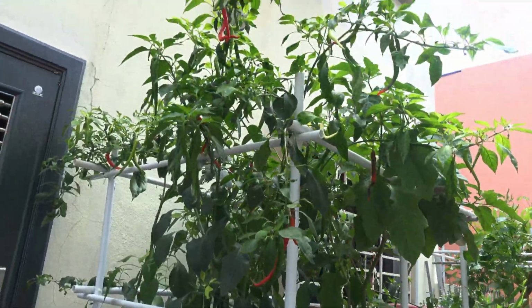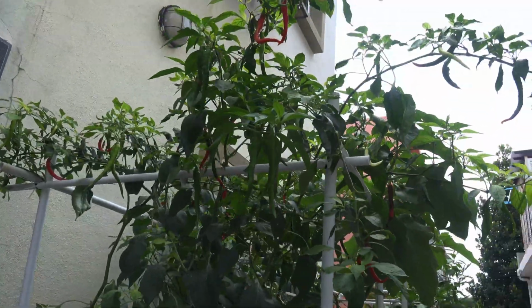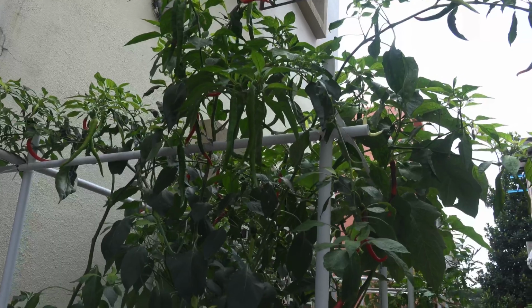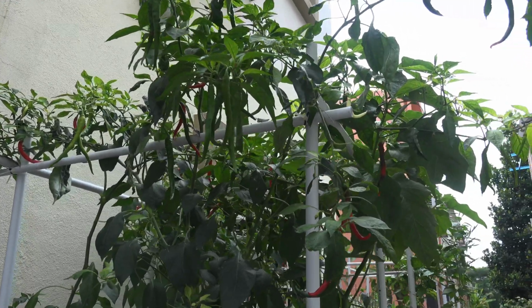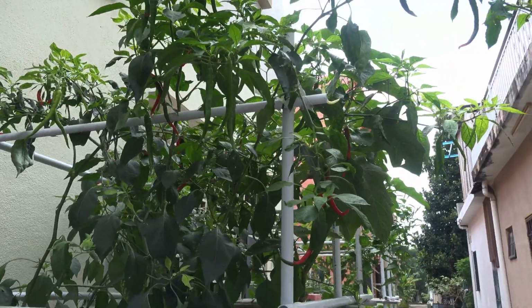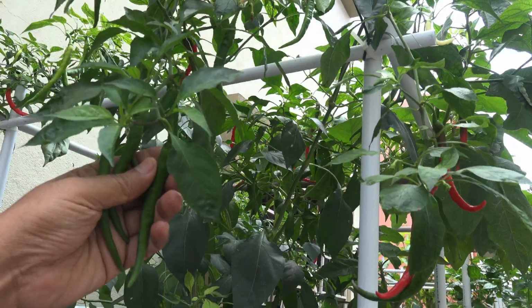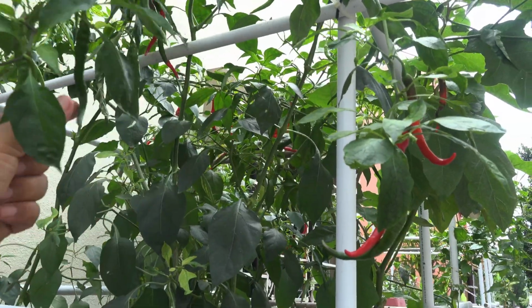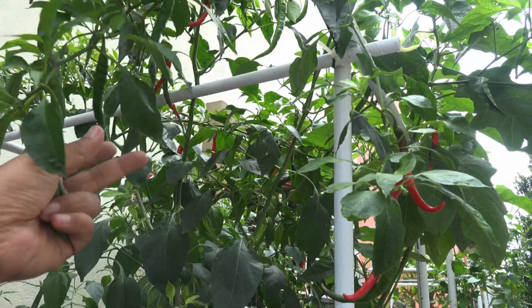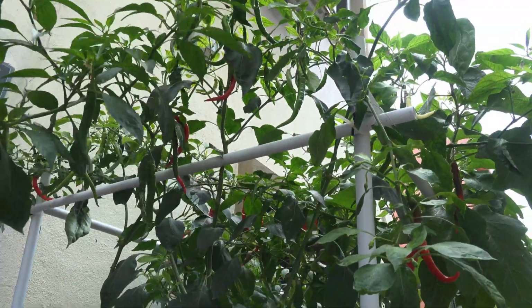Chili is doing very well. I've cut a lot and I've removed and harvested a lot, and I turn them into pickled chili because I can't really consume them all. These are the kulai variety of chili. It tastes very good, and is superb to be made into